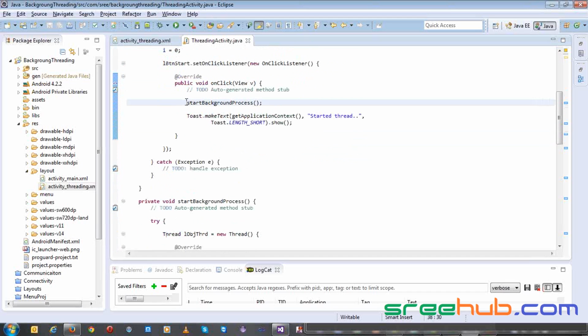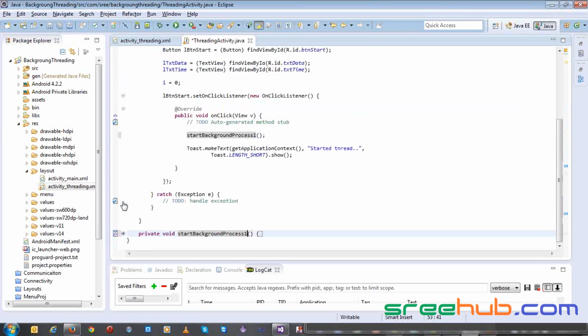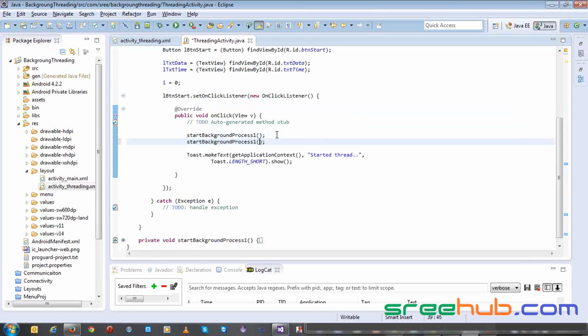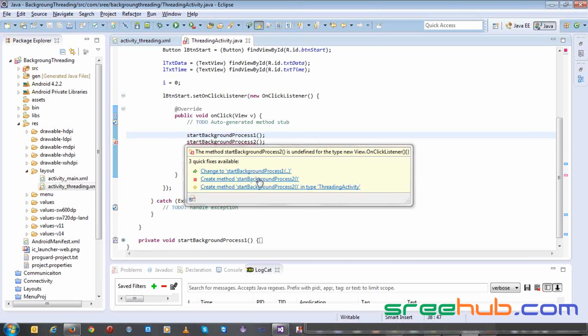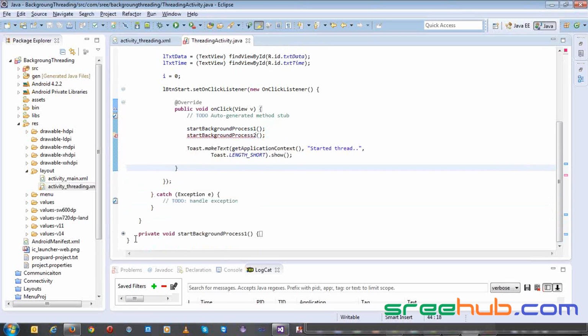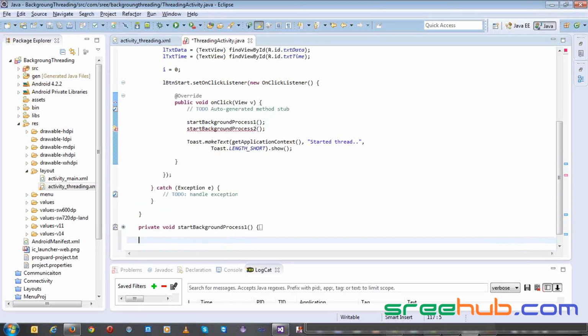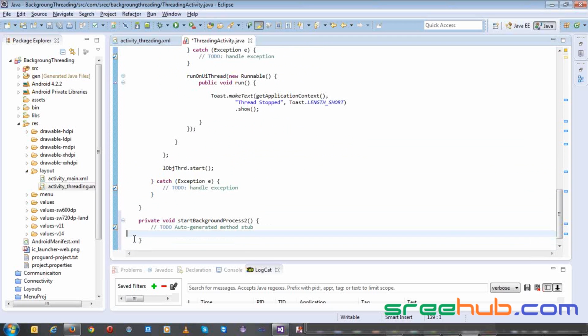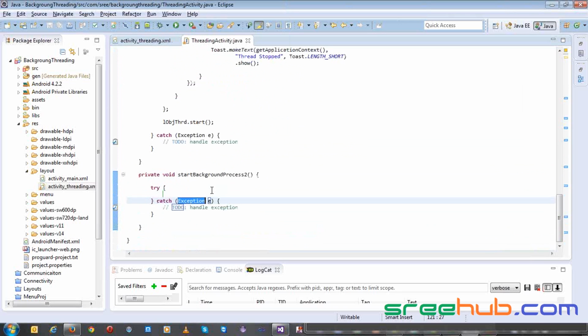Now this is something where we created a background process 1. Let me call it background process 1, and let me create background process 2. I'll just take one more method. We are going to do the same stuff, but let me use a runnable. Let me show you how we can actually use a runnable. So here in my start background process 2,